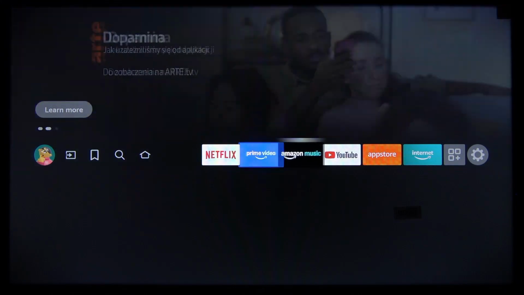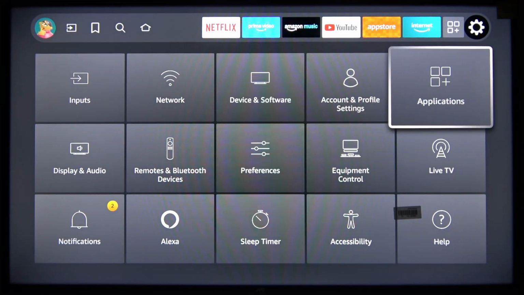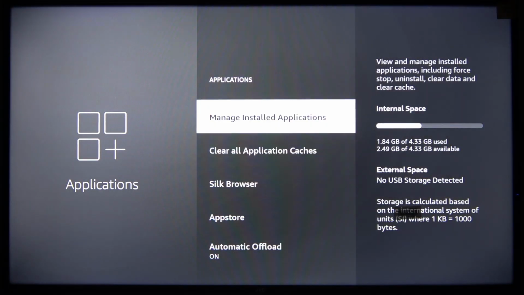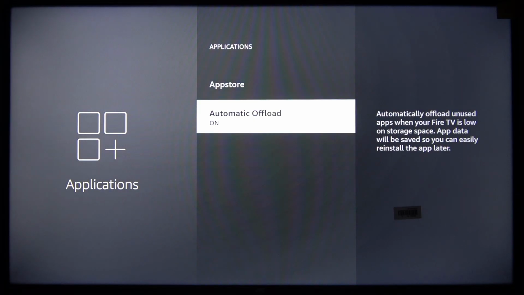First of all, we're gonna have to navigate to the gear icon on the right side of the TV to open settings. In settings, go to applications menu. Now in the applications menu, we can change some general preferences. For example, automatic offload. You can enable or disable it. This feature will automatically offload the applications that you don't frequently use after some time of inactivity in order to